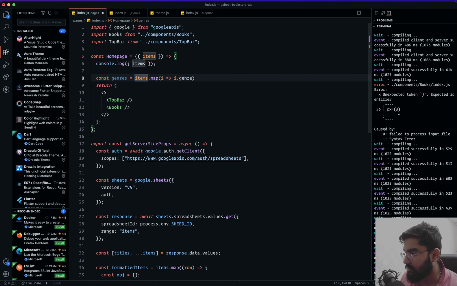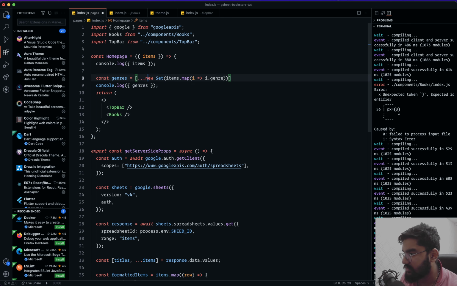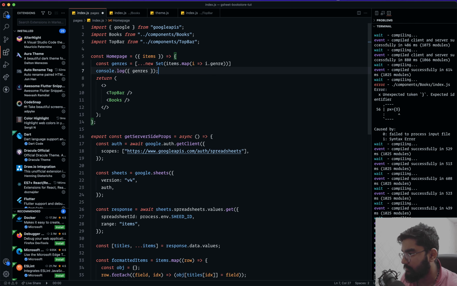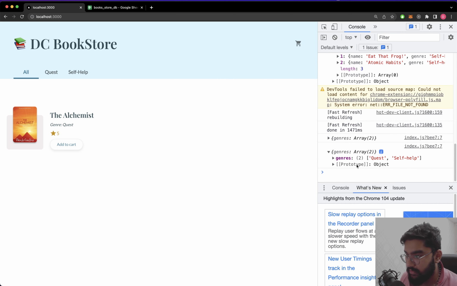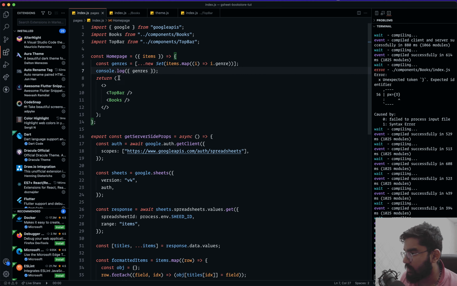Because we want to remove the duplicates, let's convert it into a set, and let's spread it out as well. So this is the genres. And just to be sure, let me log it to the console. Okay, that's what it is. Beautiful. So now let's pass down the same thing, genres, over here,